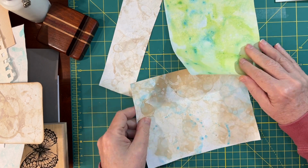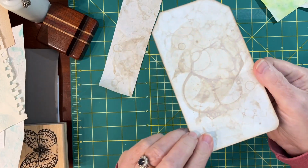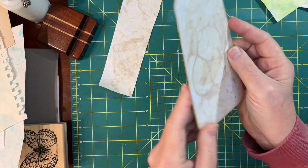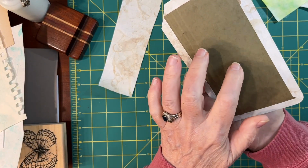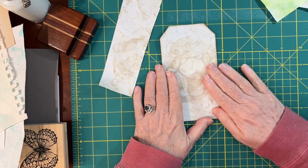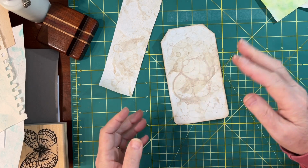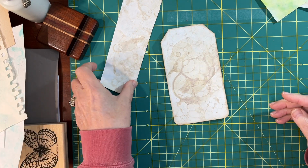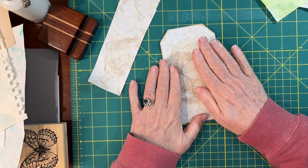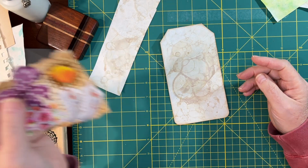Here is a piece that I did. This is some of the blown bubbles, and I've taken this already and put it around a piece of hanging file folder, and we're going to make a tag out of this right now. Let's just go ahead and do it, because I want you to see how some of these things look in action as they're ready to put into journals. I made a little